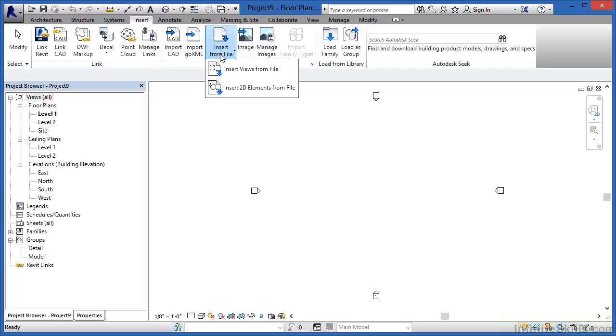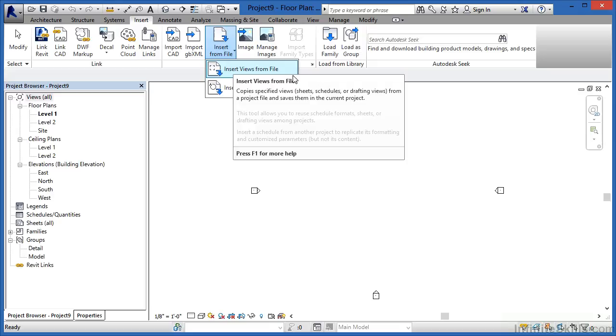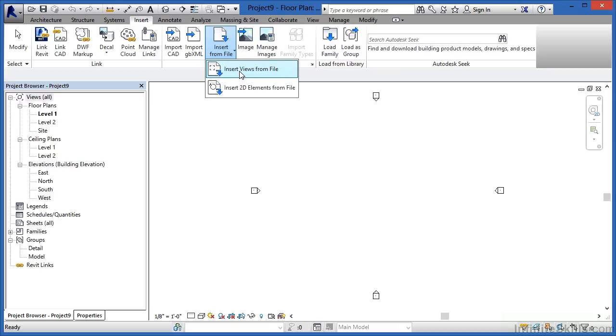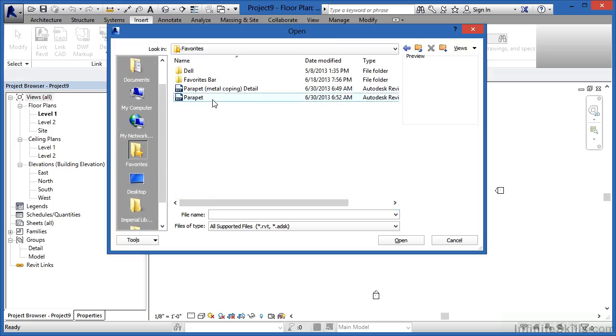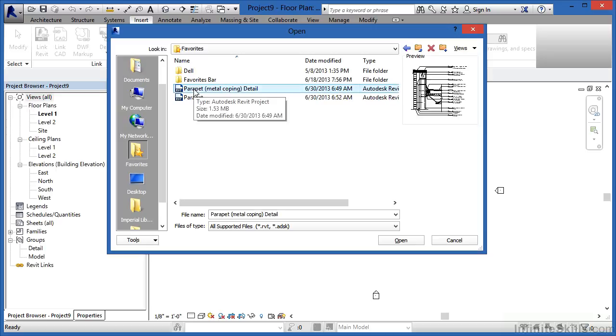and from Insert, this command right here that says Insert from File. If you click that option, the next one down is Insert Views from File. So select Insert Views from File. From here, I'm going to go to that Favorites folder, and here we can see both of those .rvt files. I'm going to start off with the very first one that we created, which was that drafting view, and click